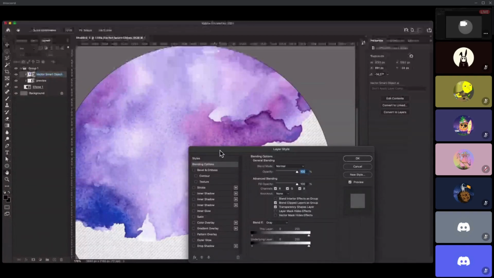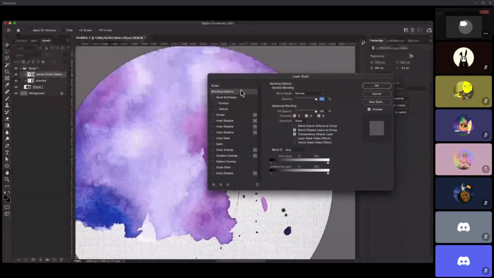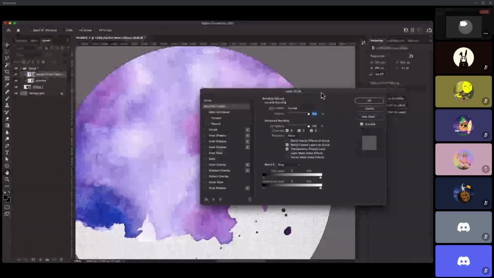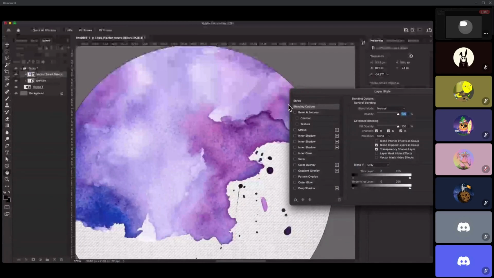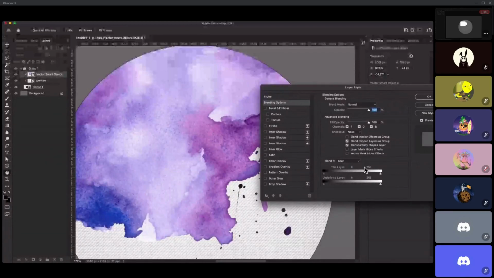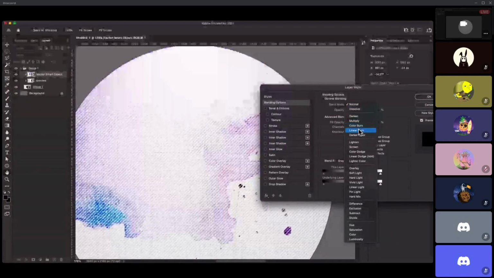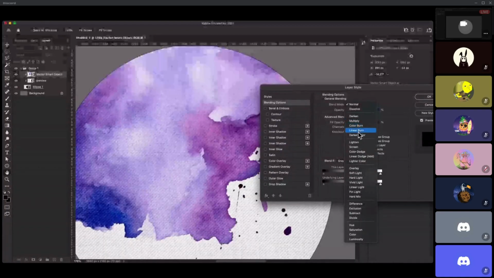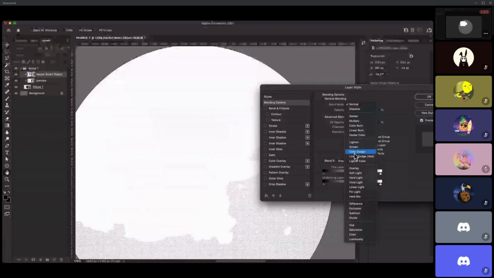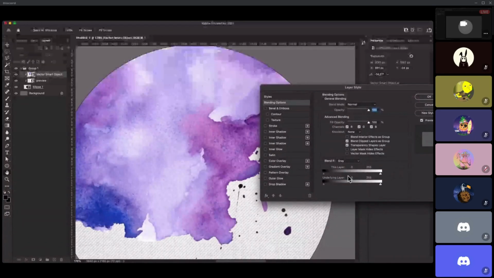and this panel comes in. Everyone who works with Photoshop must be aware of this. This is a very common panel. I come here to the blending options. This is the first thing that's already selected, and I try to play with either this, which is like, as you can see, I go to multiply, and then you can see through the texture a bit. Color burn, linear burn. So there are different modes that Adobe Photoshop has set for us that it thinks might be useful, but we can use a completely custom route, which is what I like to do.